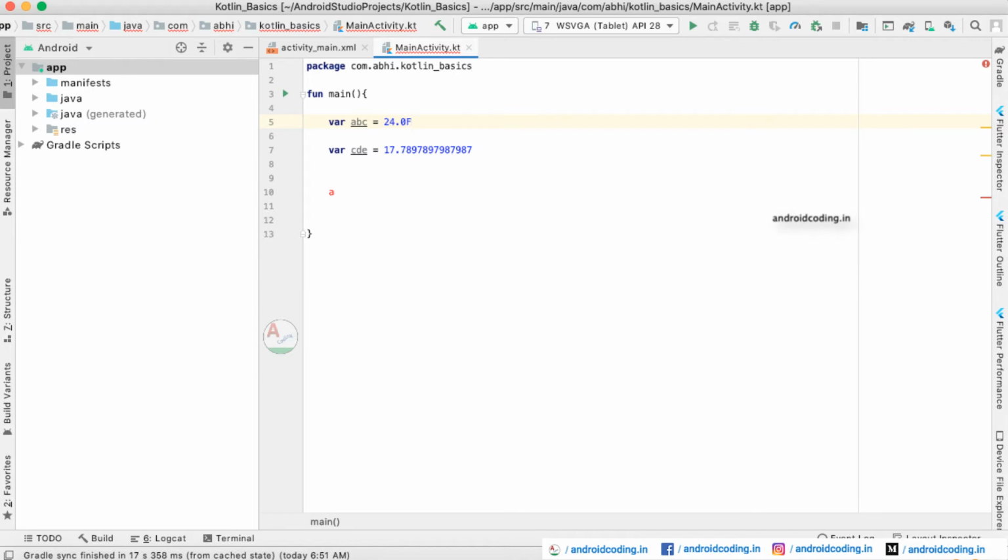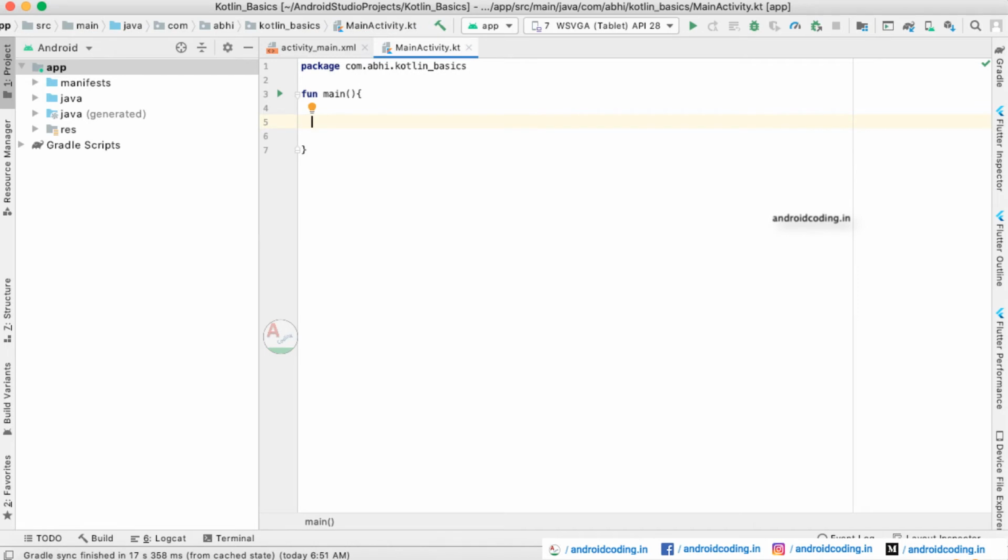You may have a doubt about why we specifically need to add an f after the number or the value. Why? Because in particular scenarios like gaming or any other scenario where you want precision on the screen, you need to specify those values as a float. So in that particular scenario we need to make the variable a float. You just need to add an f after the value of that particular variable. So this is it for the floating point variable declaration in Kotlin.